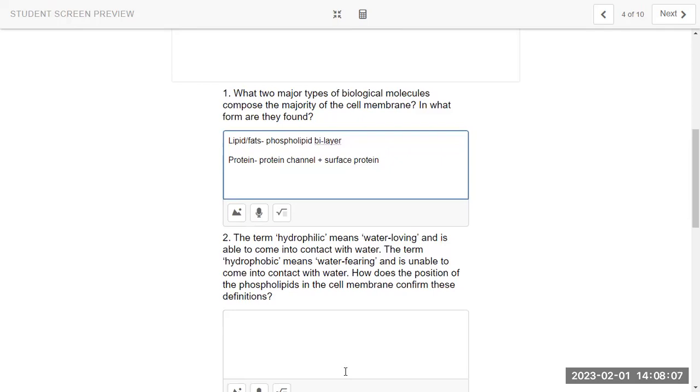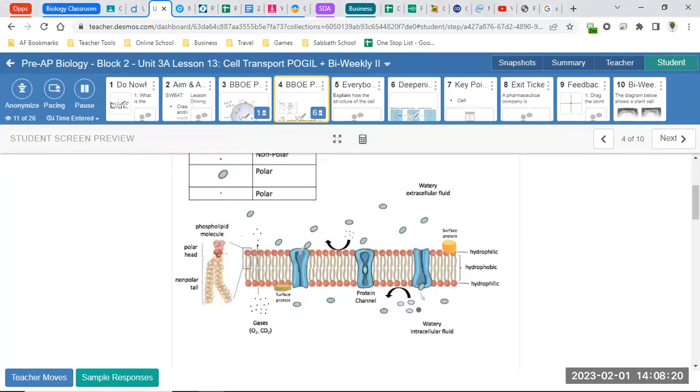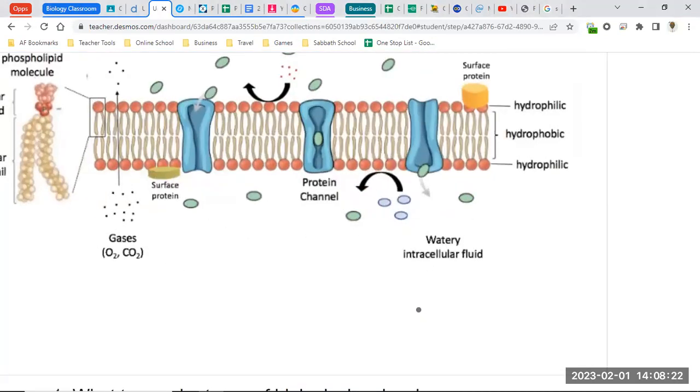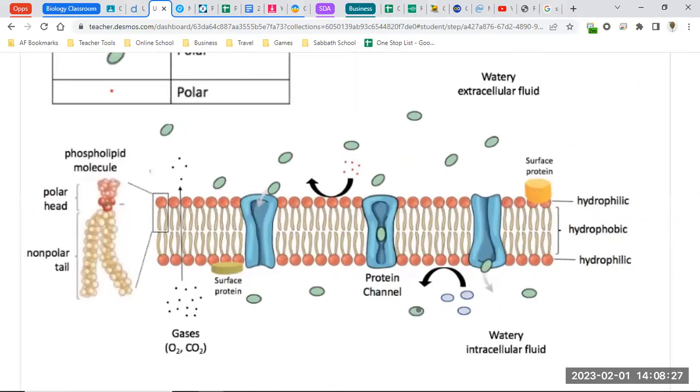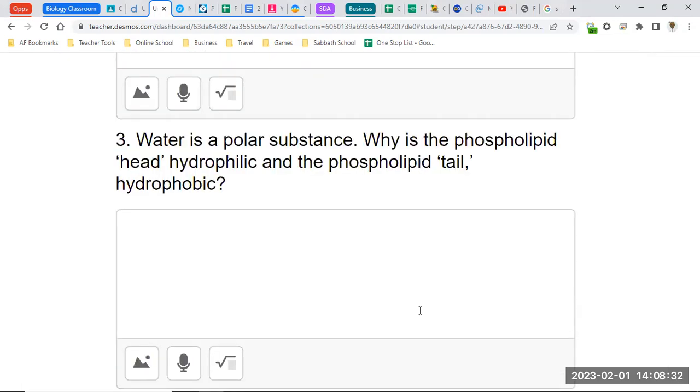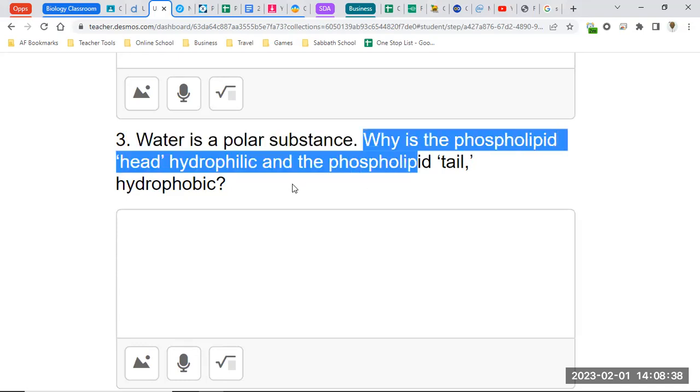All right, for question 3, I see that we're struggling a little bit. Let me give you guys some help. Here in question 3, I'm gonna remove everything. It's asking about why is it that, let me read it. Water is a polar substance. Why is the phospholipid head hydrophilic and the phospholipid tail